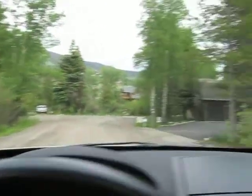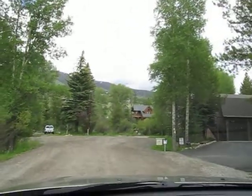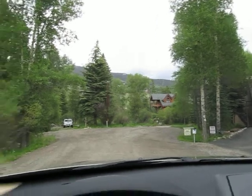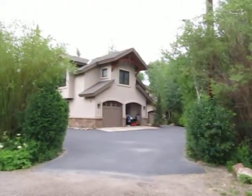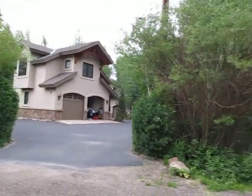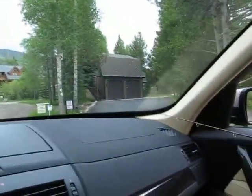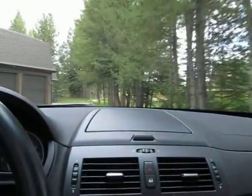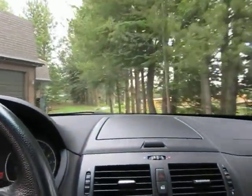But here's the subject property driveway. Here's a home that's at the end of the cul-de-sac here. And this is a picture of that home that we just passed. But back here is where we are for the subject property. Again, I hope you're not getting too seasick. But